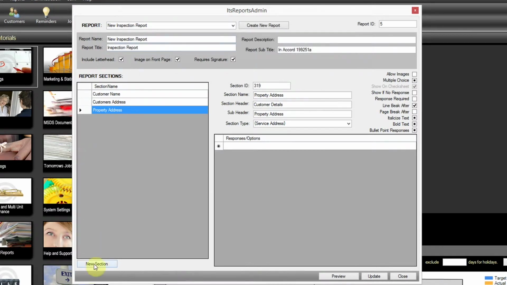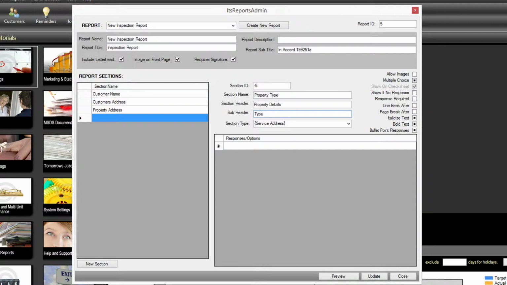Let's put in a new section and call it property type. Now this field, the section name doesn't actually appear on the report. This is just for your reference, and it makes it easier to know what sections you have. It's easier to read on the left hand side. Make them descriptive, so if you're looking for a particular area, especially in a large report, you know where to go. So we'll put in here property details, and again I'm going to copy this,